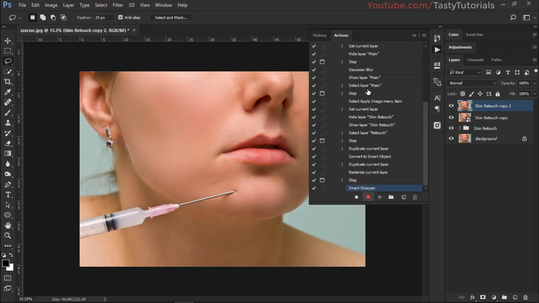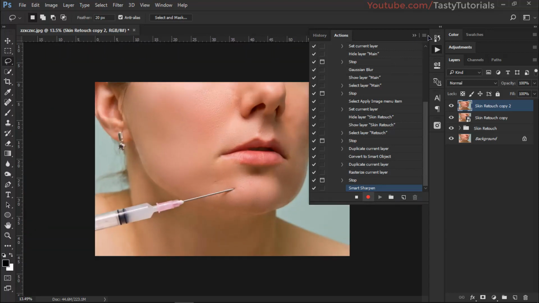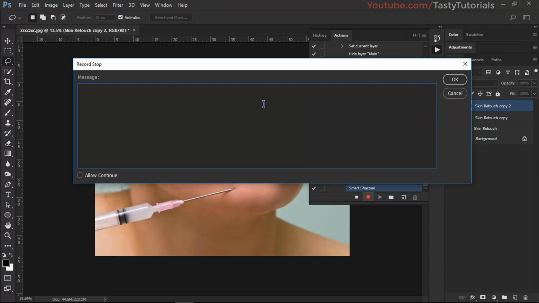Keep in mind that if you are going to select any other step, just don't play from that or start recording from that step. Just go to the end of where you stopped, and now you can start working. Now the sharpness is also applied. Now that's it, and now we want to stop that. It's so simple. So we'll go to this top corner and click on insert stop, and we'll type